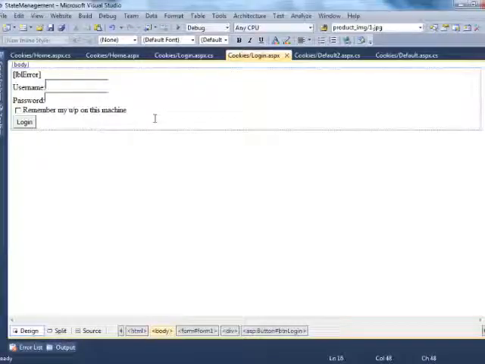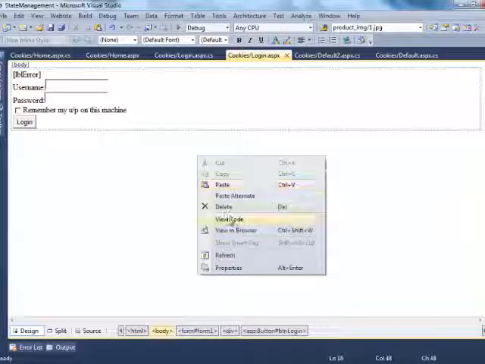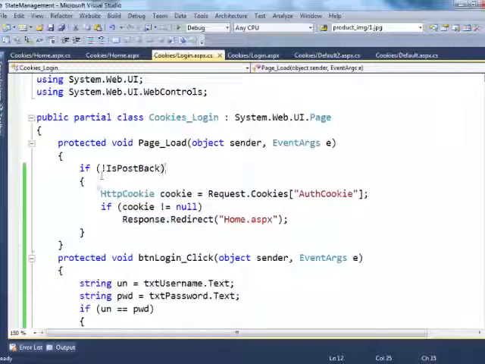It is redirecting me to the home.aspx and it is displaying me the value, because in the login page load event we have checked if cookie not equal to null. Right now it is not equal to null. It has some value. It recognized me even though I